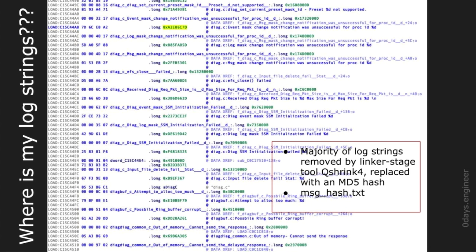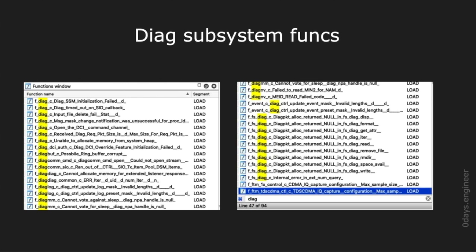This is how the part of the firmware looks that has the log strings stripped out. Here it already has some names applied using an IDA script, so of course there were no such names initially, only the hashes. Each one of these hashes represents a log string that you can take from the message hash file. And here is what you can get after you have applied the textual messages